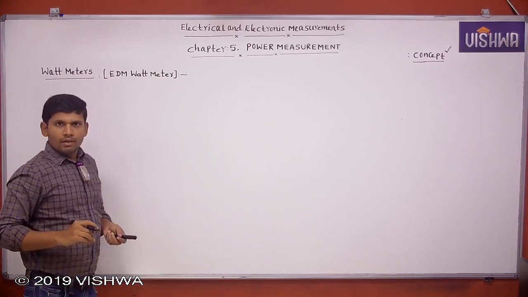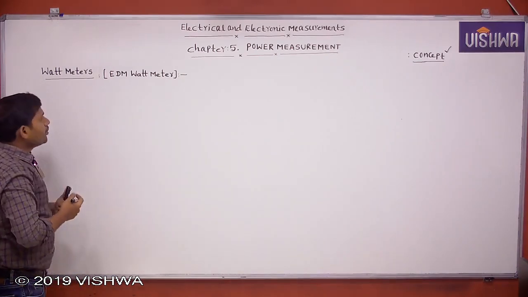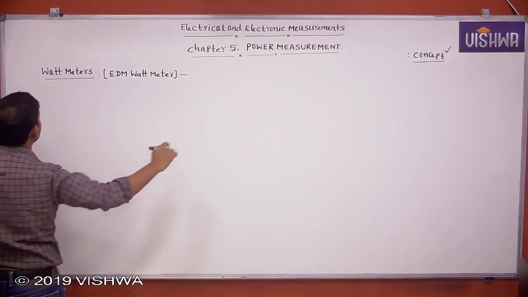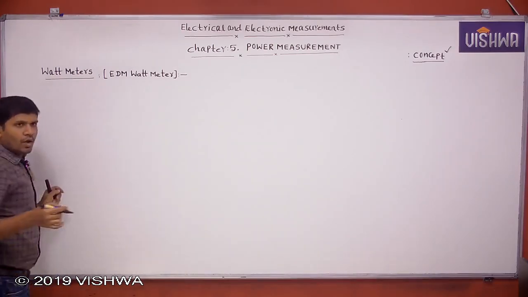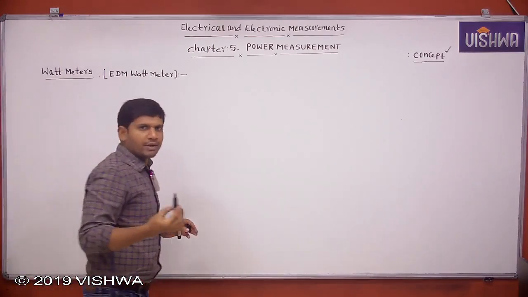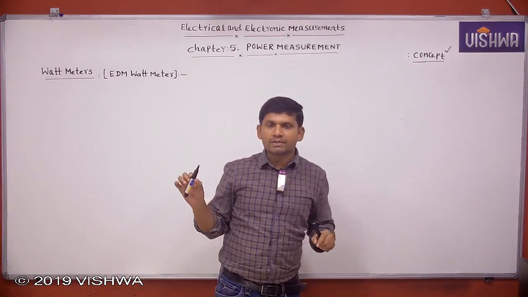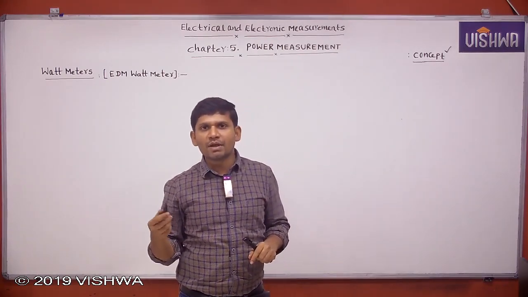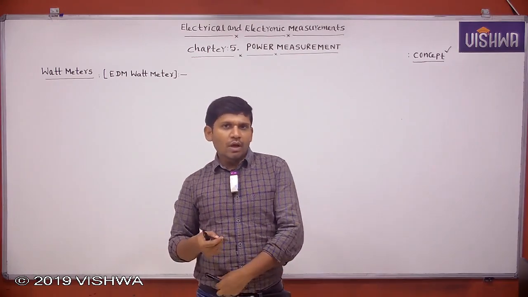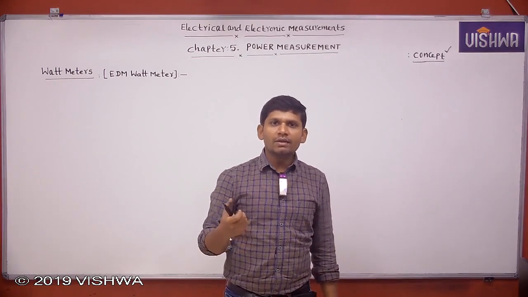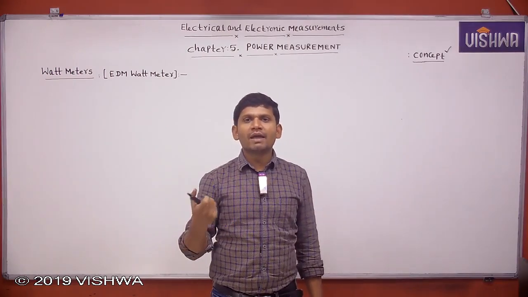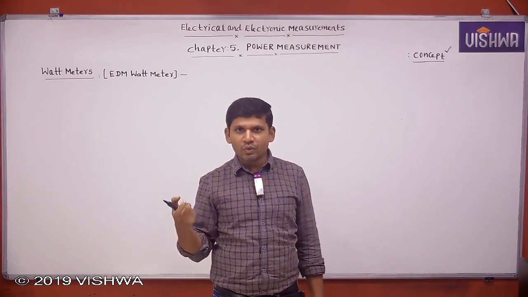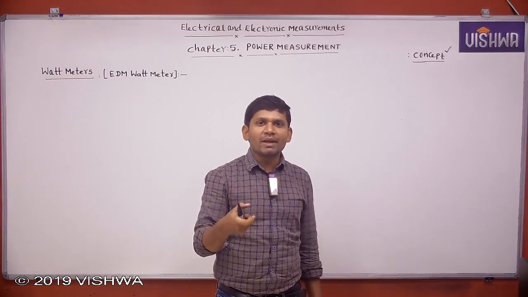Yes. First, concentrate on some theory points with respect to wattmeter. Later we will see how to measure the AC power by using wattmeters. I already told how to convert electrodynamometer into a wattmeter. In the discussion of EDM instruments, I gave one statement. We know that an electrodynamometer instrument minimum consists of 2 coils. If it has 2 coils, how to convert it as a wattmeter: the current coil is connected in series with load, and the pressure coil is connected